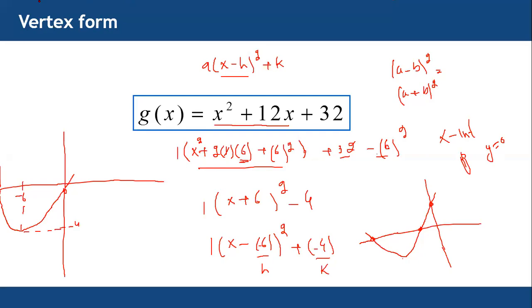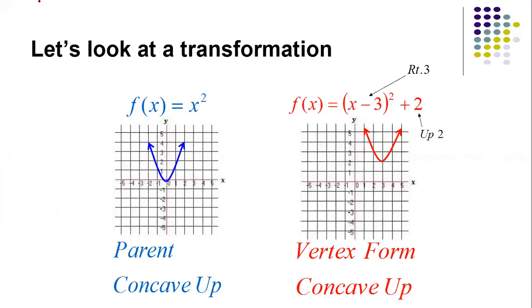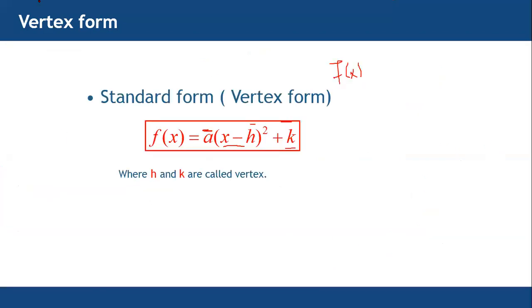So it was vertex form. Let's try another example on vertex form. I think this meeting will end in a few minutes, so let me try another example. If we have y equal to, or f of x equal to, 2x square minus 20x plus 2, we need to write it in vertex form.